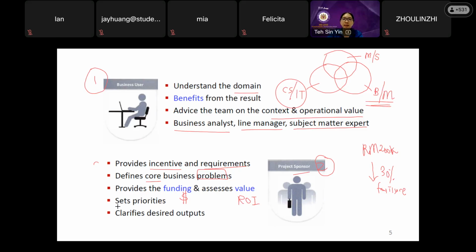That's why he or she will set the priority. So problem number 1, problem number 2, problem number 3. Problem number 1 is the most critical. We must solve this problem first and clarify the desired output. So when I say I want to reduce 30% of the failure, that is my desired output.